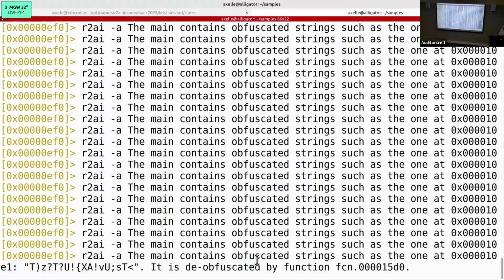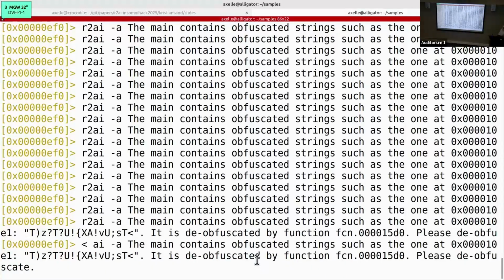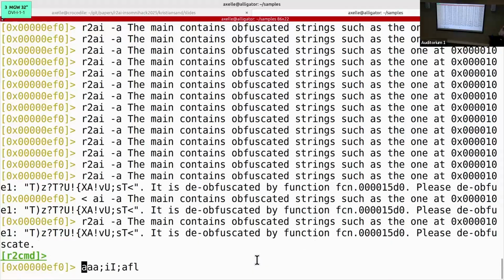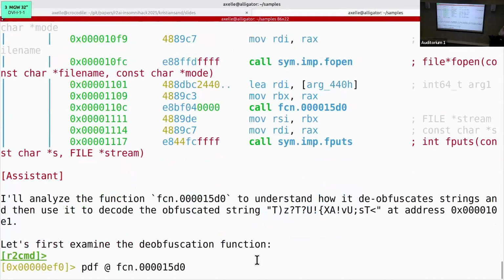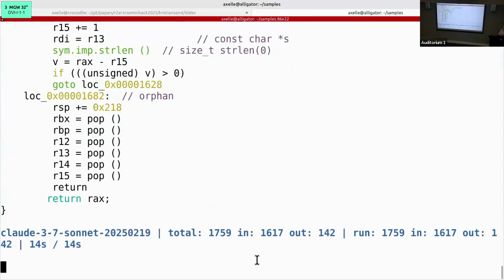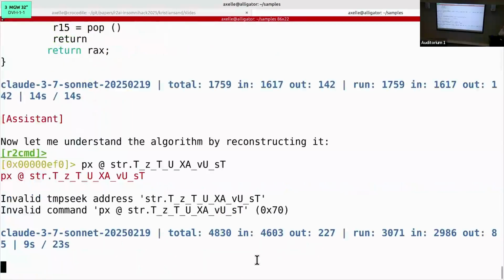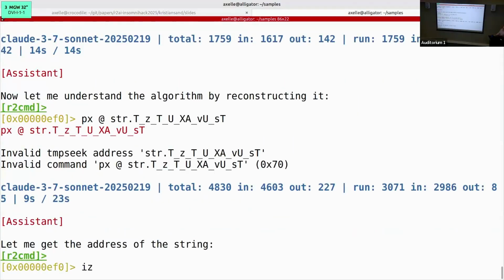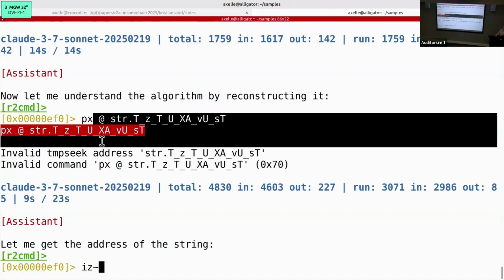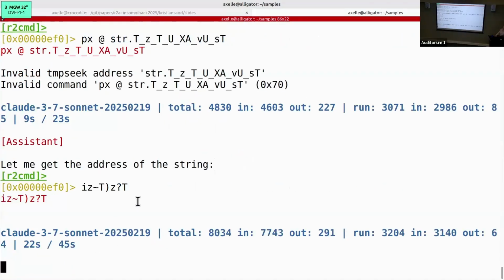It's nearly done. So you can send some input to the thing, and then you see the AI actually doing its work. For instance, it tells us, okay, let me first examine the obfuscation function. Then it tries to locate the obfuscated string, and actually it struggled, which is quite amusing because it didn't do it the right way. But you see it's going to improve itself. Eventually it will get it.